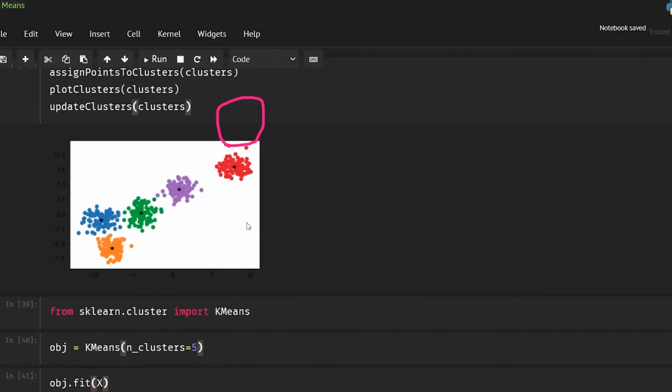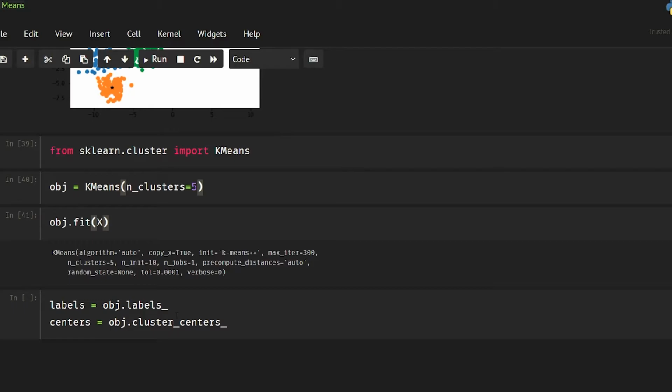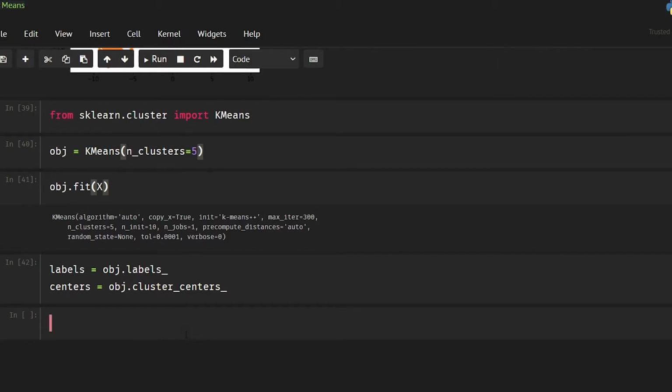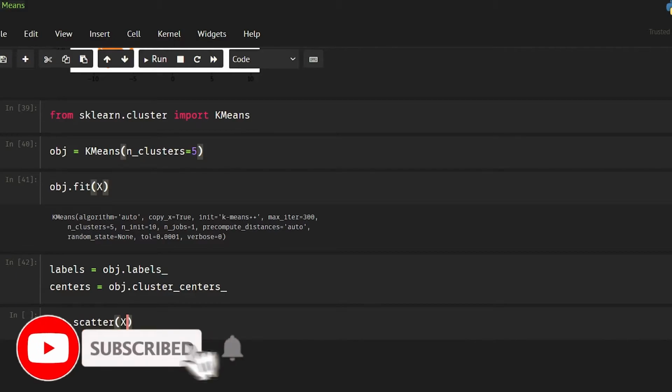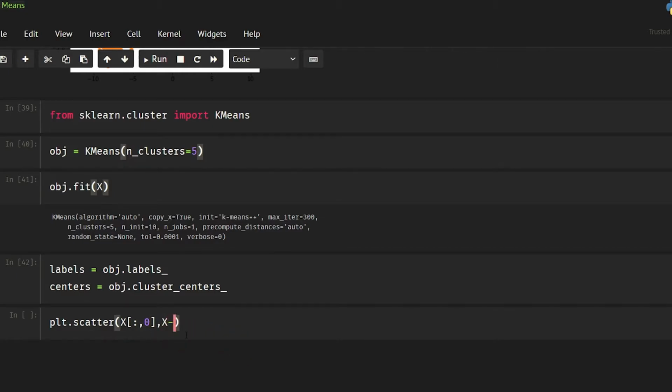So as we assigned some colors here in sklearn, what we have assigned here is labels. You can assign either color or label, it is up to you. It does not matter that much. I have assigned all of that. Now I'm going to plot all of them. How you can plot them is plt.scatter x of 0 and x of 1, and the color map is going to be the labels that we got.